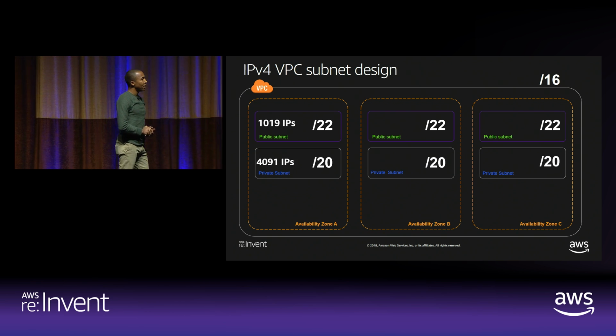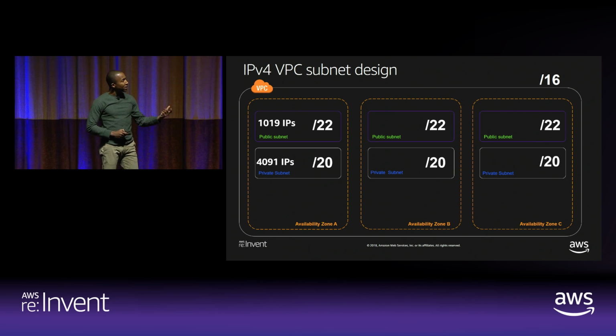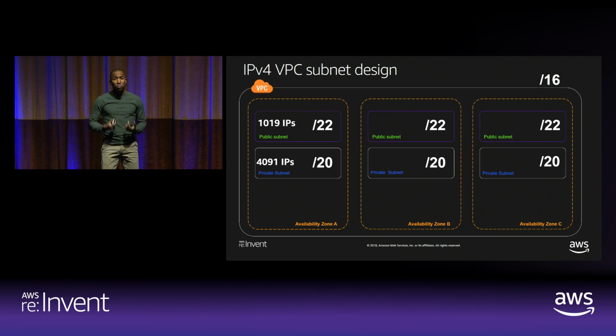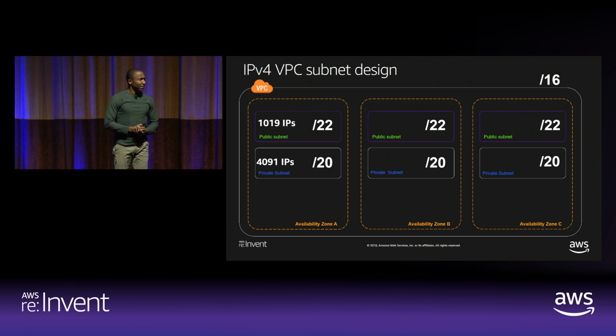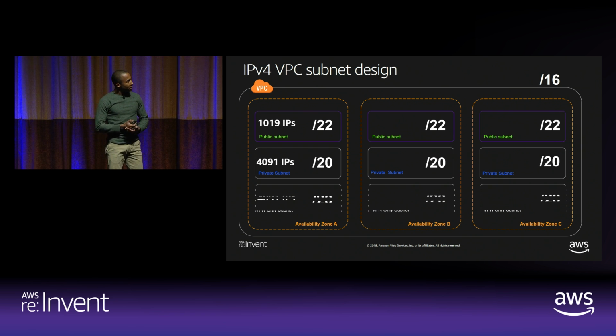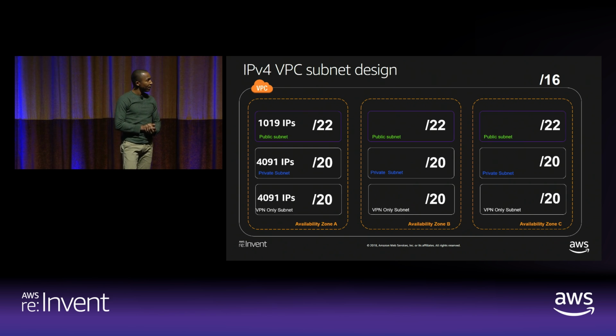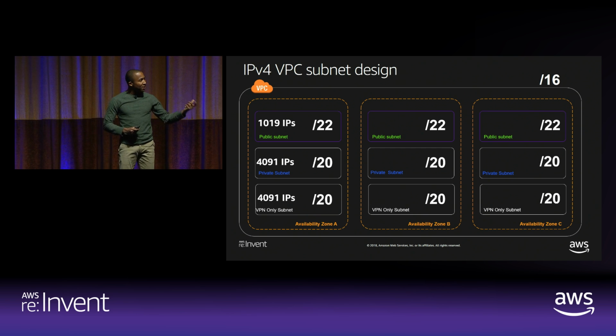The second category of subnets that we have within AWS is the private subnet. And the private subnet, generally, in some customers' environments, has no internet access, really. Everything is basically kept within the AWS environment. The route tables defined for the private subnet only have a local route or access back on premises, for example. The third category that we have here is the VPN-only subnets.